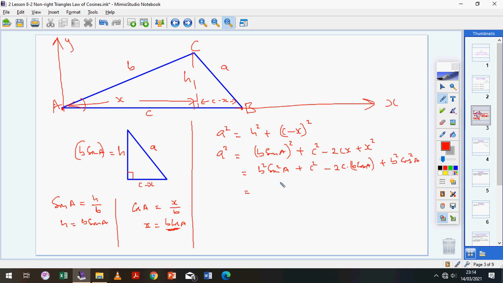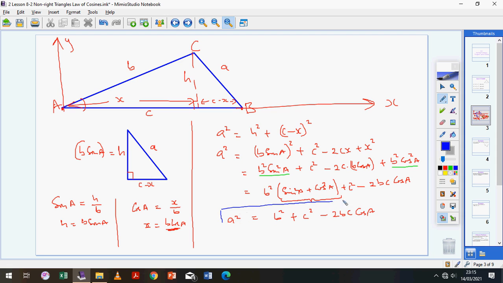Now I hope you see what I have. I have b sine a and b cosine a. B is common to both of them, so I can pull out the b squared. Then I'll end up with sine squared a plus cosine squared a. And then I have plus c squared minus 2bc cosine a. So you guys just remember from unit 7 that this is 1, right? This is 1. So I just have b squared plus b squared times 1 is b squared plus c squared minus 2bc cosine a. I have proved the cosine law for a,